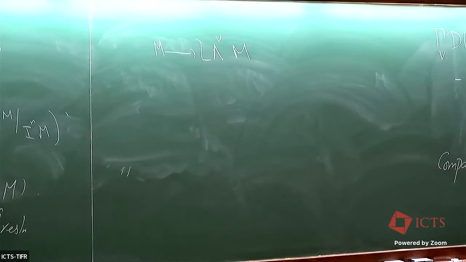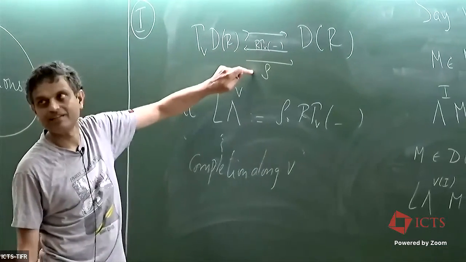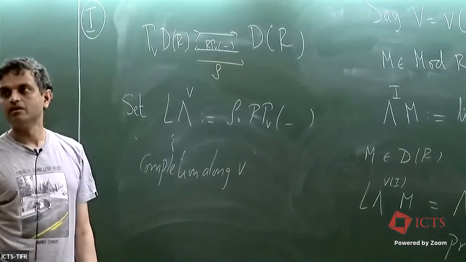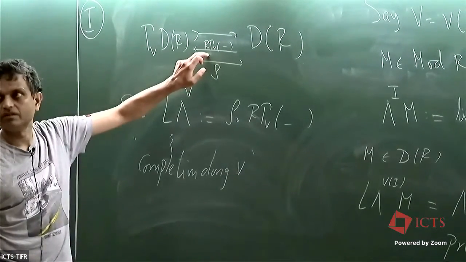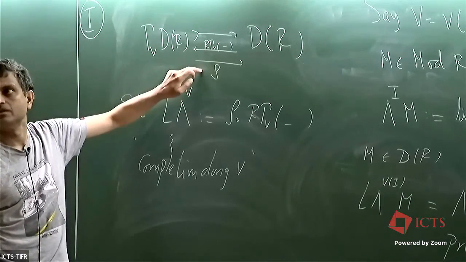So it follows from this. This is a functor that preserves coproducts, an exact functor preserving coproducts. So Brown representability tells you that you have a right adjoint, and that is what I'm calling rho. And I want to define this to be. So what this picture is telling me is that the inclusion is left adjoint to this. This is left adjoint to that. This one is the local cohomology functor. This is rho, some other functor.